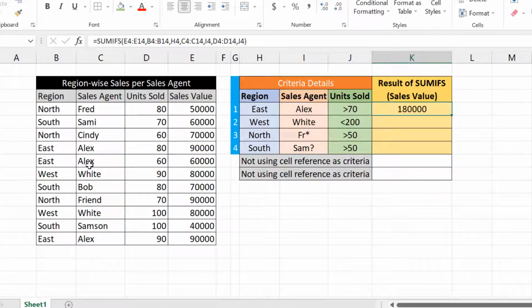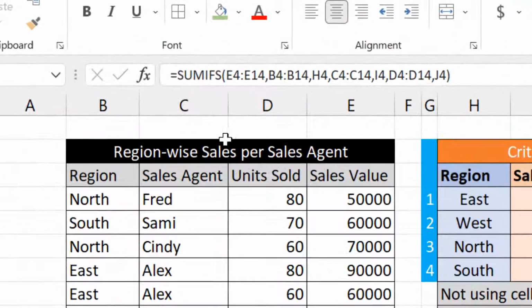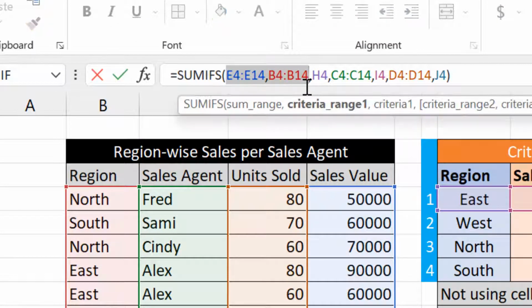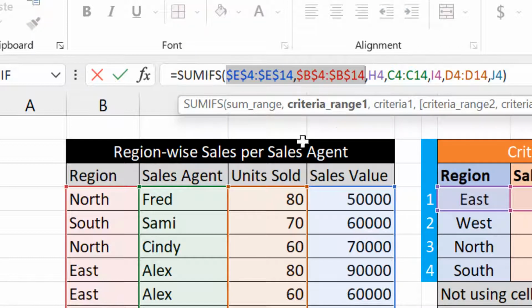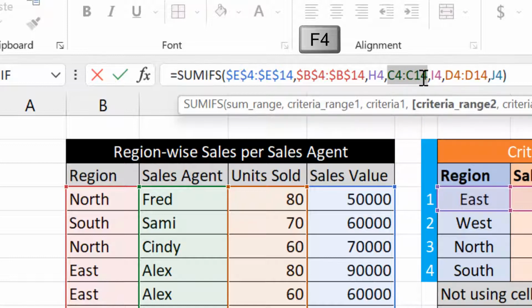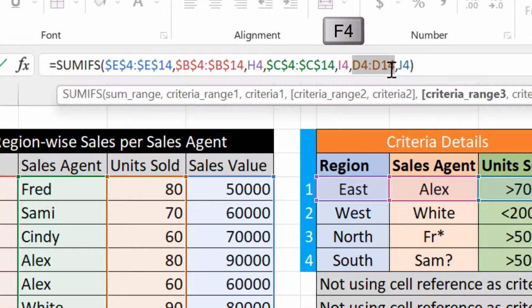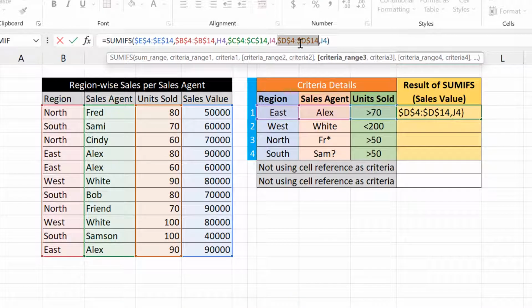Now, we can copy this formula to the rest of the result cells in K. Before that, make all the references as absolute by selecting them and then pressing F4 on your keyboard. Do not make any changes to the criteria references.